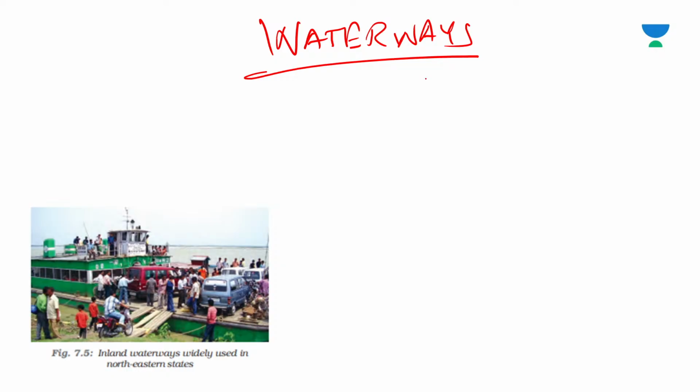India has inland navigation waterways of 14,500 kilometer in length. Out of these, only 5,685 kilometer are navigable by mechanized vessels. So the waterways have been declared as national waterways by the government. So these waterways, like the Ganga River between Allahabad and Haldia,